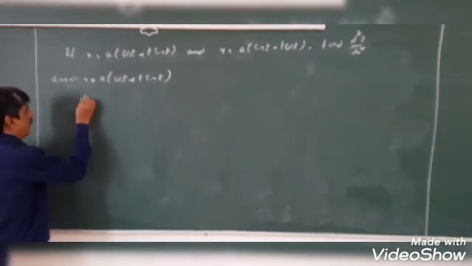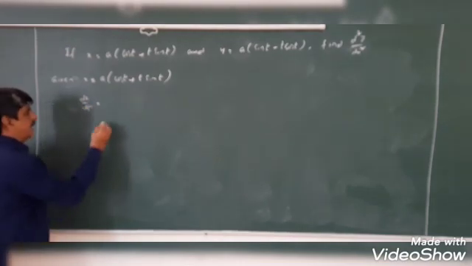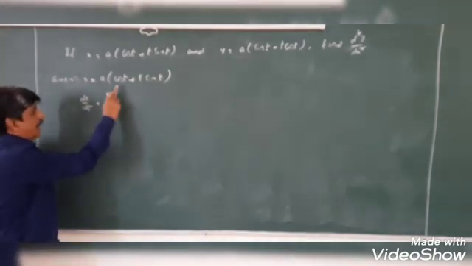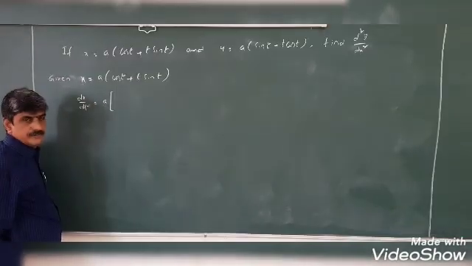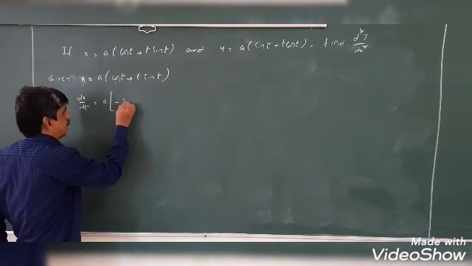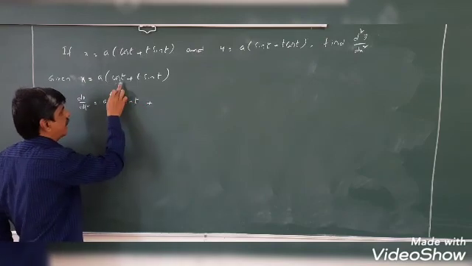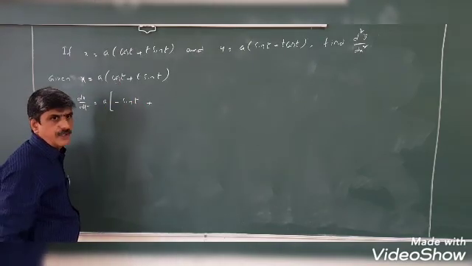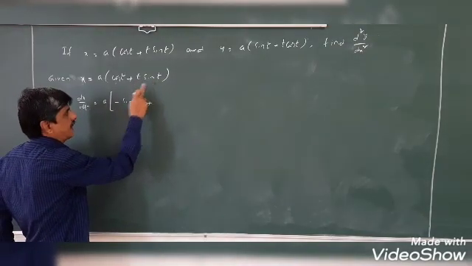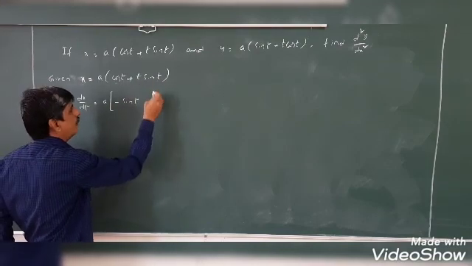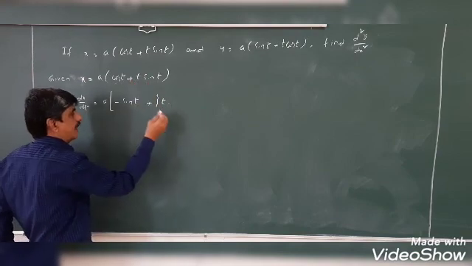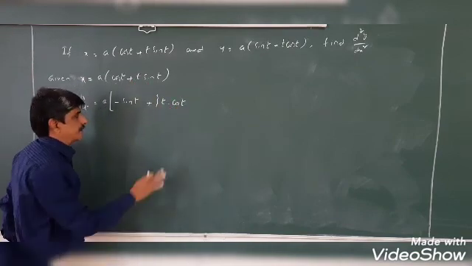So d by dt of x, we will write it as dx by dt is equal to a, constant coefficient, keep it same. d by dt of cos t, we will write it as minus sin t. In the place of t only there, d by dt of t is 1. Next, plus d by dt of t into sin t. So here use u into v formula. So u means t, keep it same. d by dt of sin t is cos t,